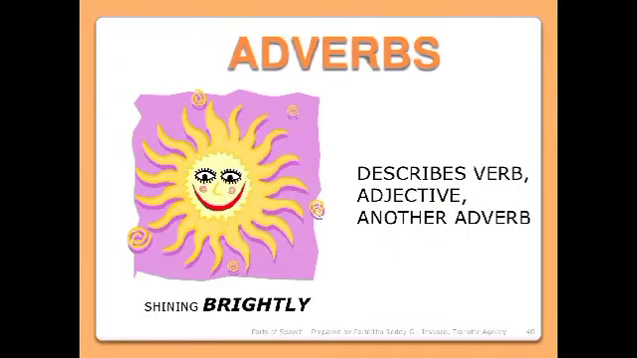Now come towards the adverbs. Shining brightly. Describes the verb, adjective, another verb. So adverb means adjective and verb together, where we combine adjectives and verbs to show the property of something or to magnify something. For example, the sun is shining brightly. Brightly